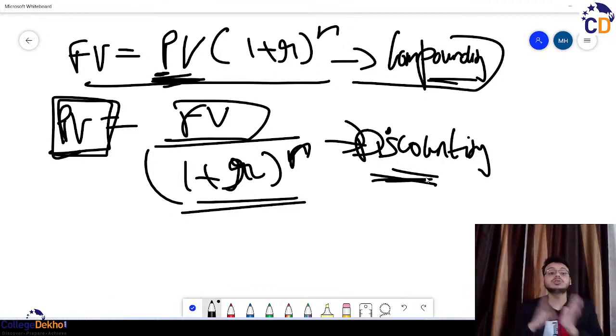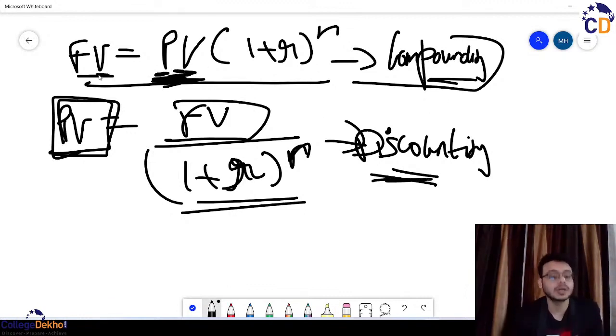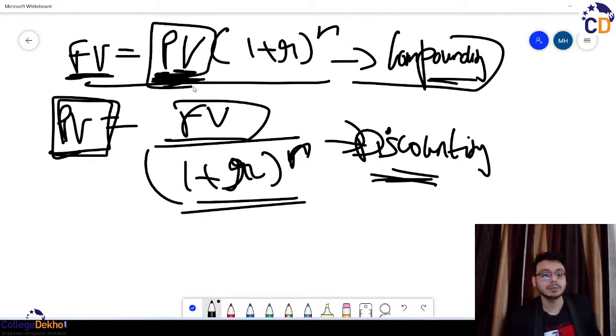जब तुम्हारे पास फ्यूचर वैल्यू है, मान लो मेरे 100 रुपए के 5000 रुपीज हो गए, ठीक है। और 5 साल बाद मैंने देखा, अरे 100 के ये 5 लाख बन गए। जब मेरे पास 5 लाख आ गए, और अब मैं 5 साल बाद वाले स्टेज में हूं, मान लो कि 2022 में मैंने 100 रुपीज इन्वेस्ट किए मार्केट में, और यह PV है। आफ्टर 5 years, 2027 में मैं देखता हूं कि यह अमाउंट 5 लाख हो गया है।